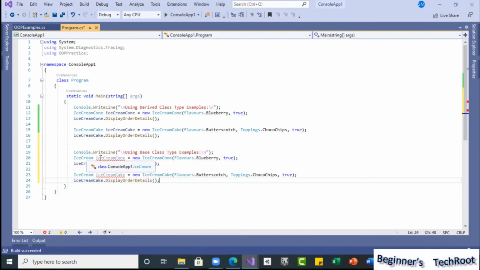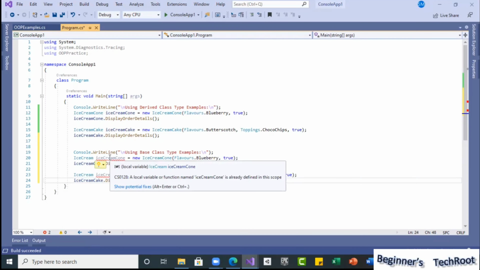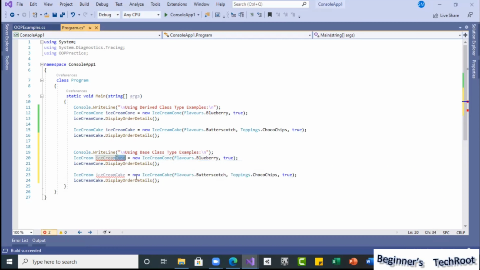So ice cream. Here the variable name I will just make ice cream. Whatever object we are creating, if you see the type we declared is ice cream, but the object we are creating will be ice cream cone. Same I will use.